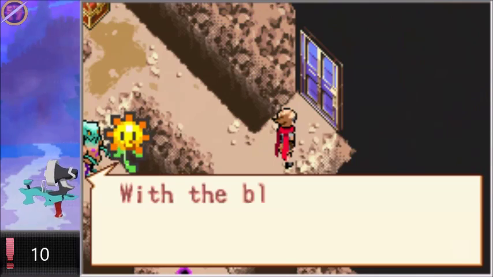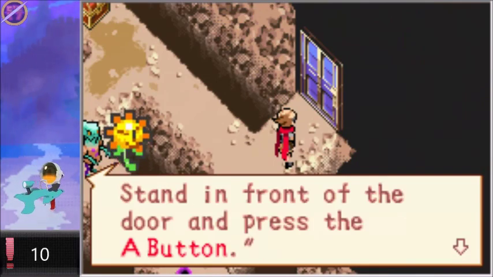Ortenko. Rogue. With that blue key, you can probably open the blue door, stand in front of it, and press the A